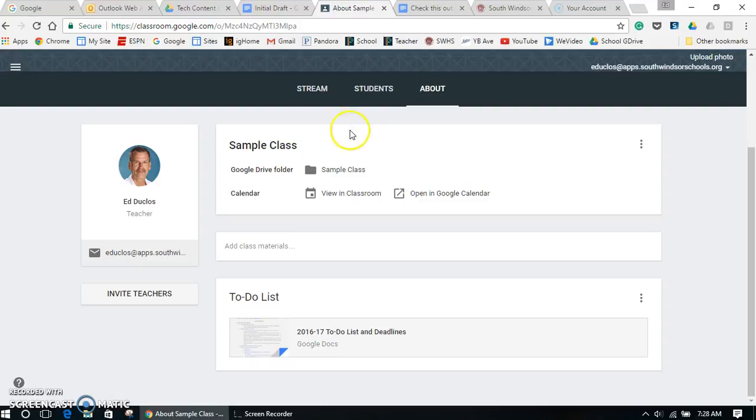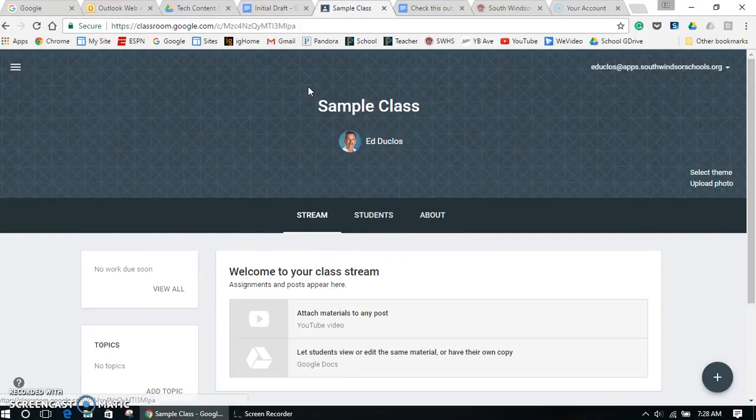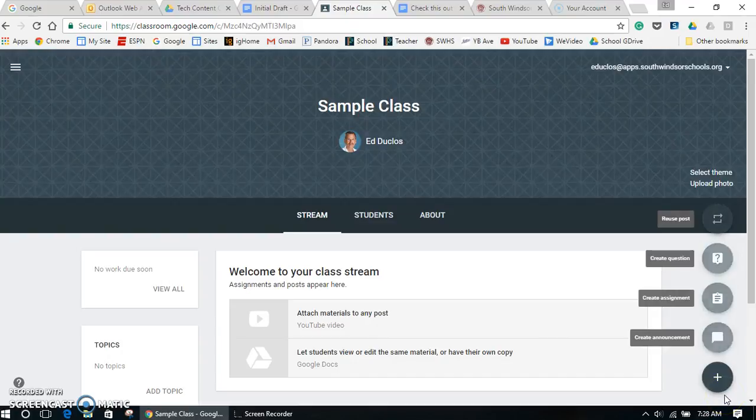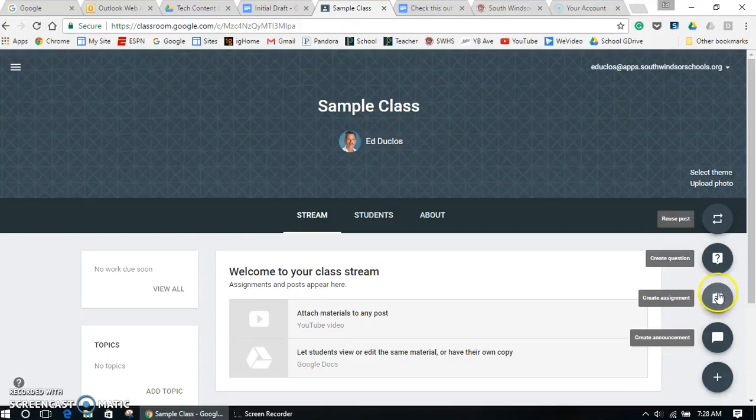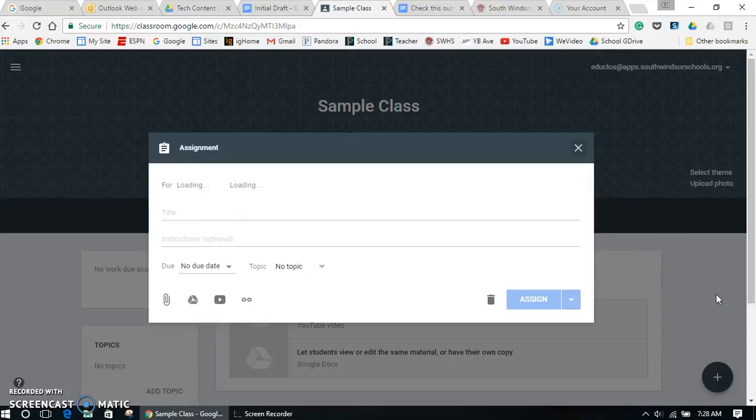And then we get to the most important feature, which is the stream. Now with the stream, you're going to see the plus down below. And this is going to be where all your assignments, announcements, etc. are posted. So if I just hover and I go up here and I create an assignment, and I just say sample assignment,